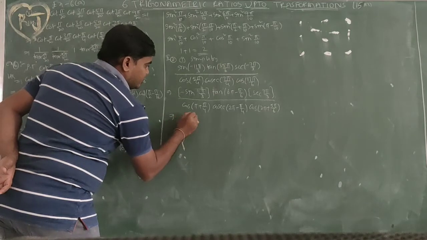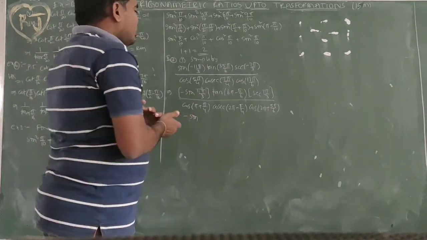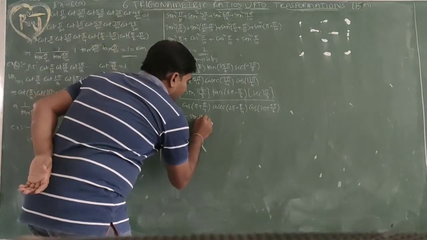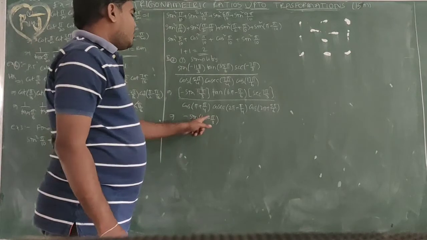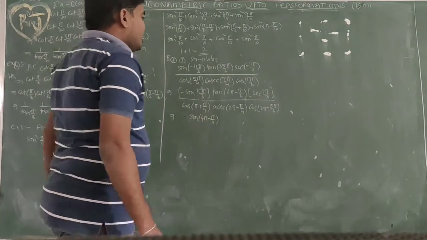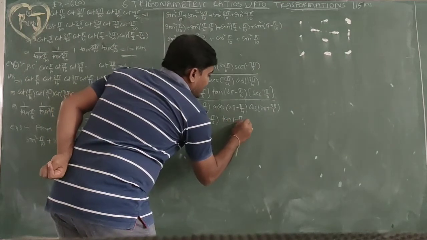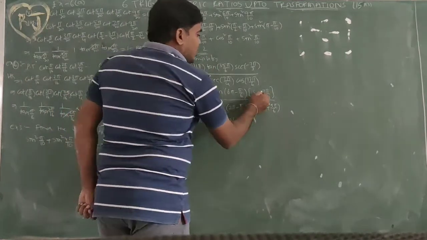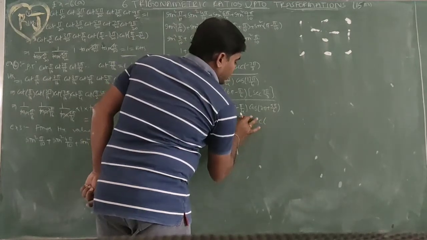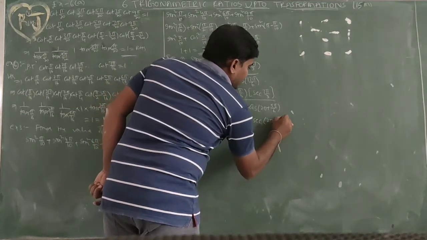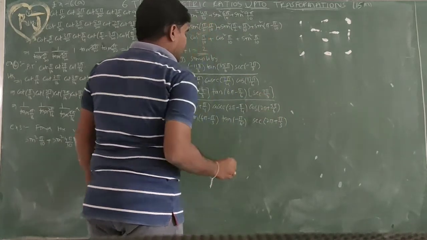So this, minus sin, 11 by 3, 4 times: 4 pi minus pi by 3. 4 into 3, 12, minus 1, 11 pi by 3. Next, 6 pi equals 0, tan minus pi by 6. Next, this one, sec of 2 pi plus pi by 3: 3 into 2, 6, plus 1, 7 pi by 3.